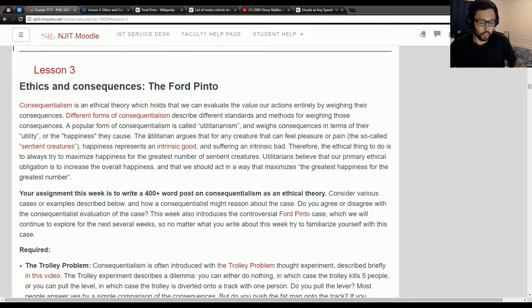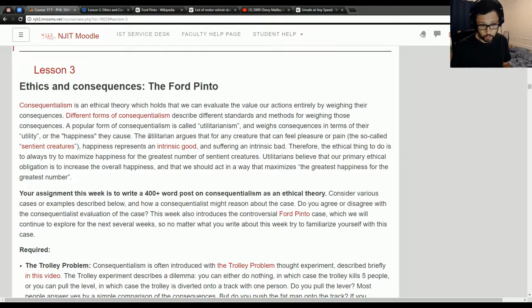Alright, so this is Lesson 3. Lesson 3 starts a new unit of the course, where we're going to be doing two new things. In our first two units of the course, we were thinking very generally about the relationship between ethics, values, and engineering projects. In Lesson 3, we're going to start introducing some ethical theories to help you think about